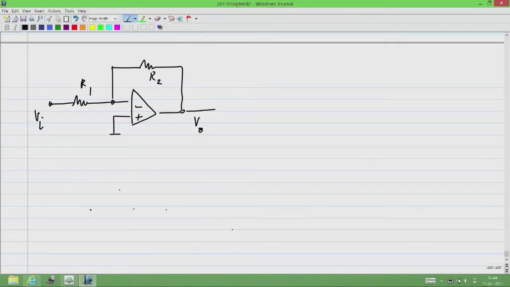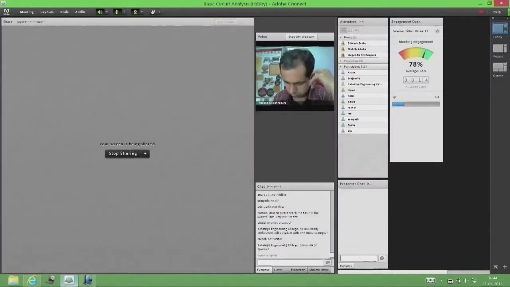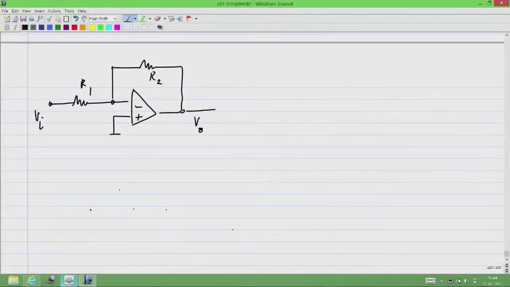Okay. So let's see if it becomes clear after we do this circuit. Okay, so this is another circuit using op-amps, and